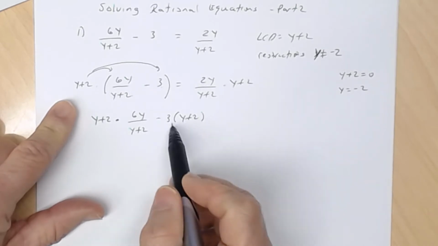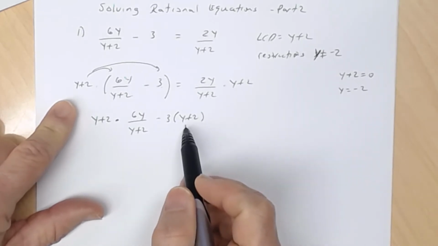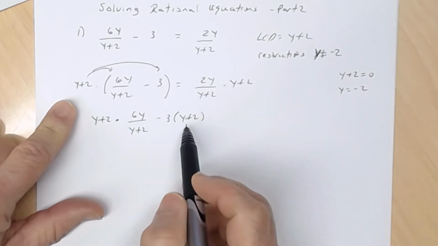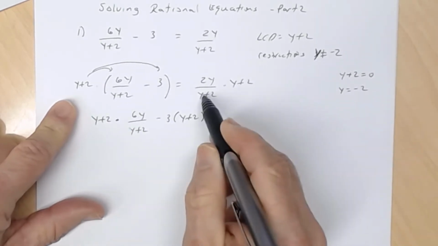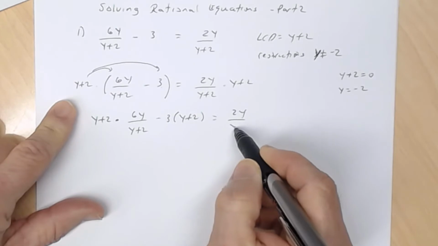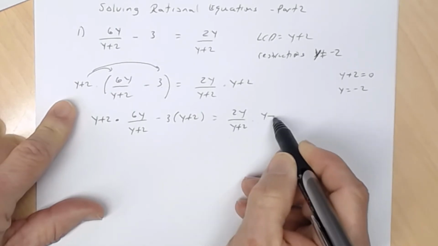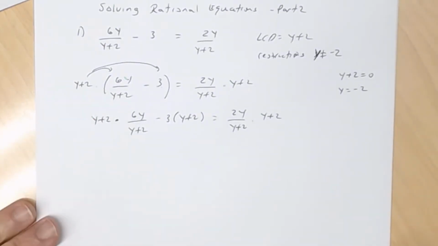It's minus 3y minus 6. Okay, so put that in parentheses. Equal, I'm just going to rewrite this over. 2y divided by y plus 2 times y plus 2. Okay? All right, now,